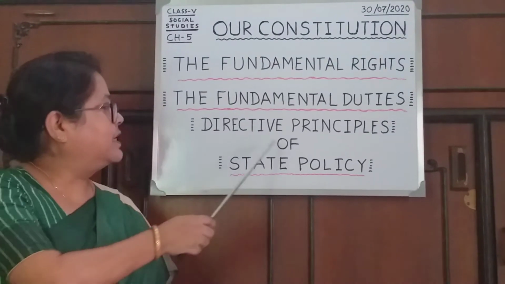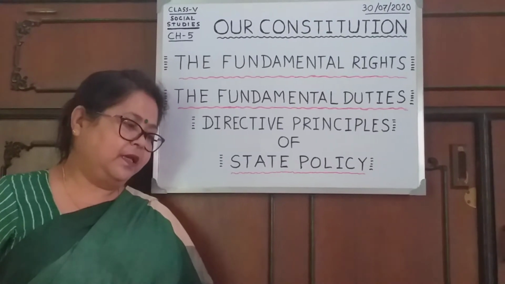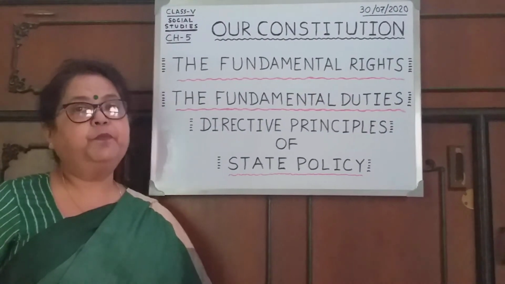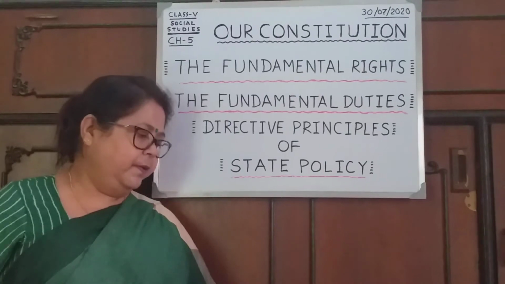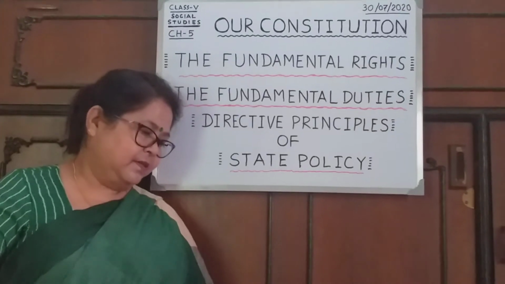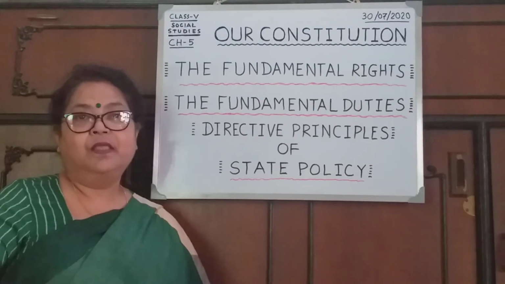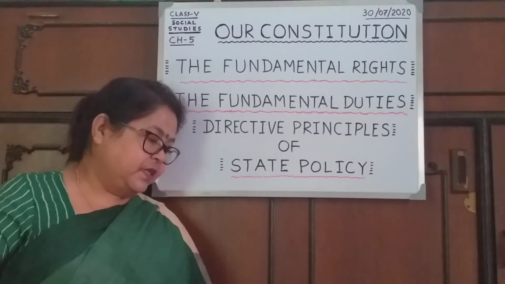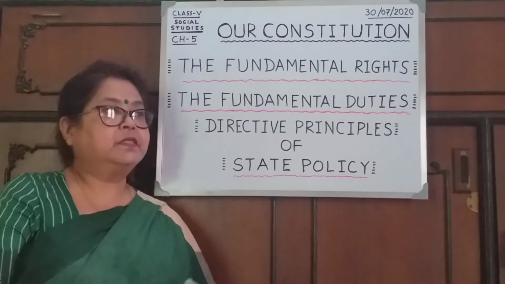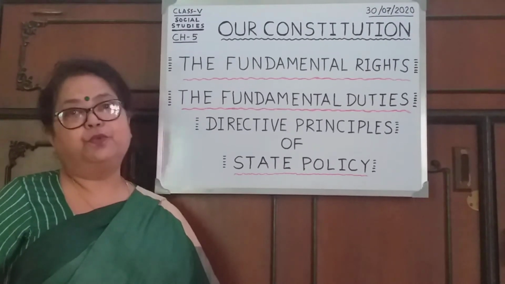The next, the directive principles of state policy. These directive principles of state policy contain broad guidelines to be followed by the state while establishing policies and laws. Some of them are: the government should promote the welfare of the people always, and the government should try to remove economic instability. And lastly, preservation of the environment by safeguarding forests and wildlife. We must take care of our forests, our plant life, and our wildlife too.